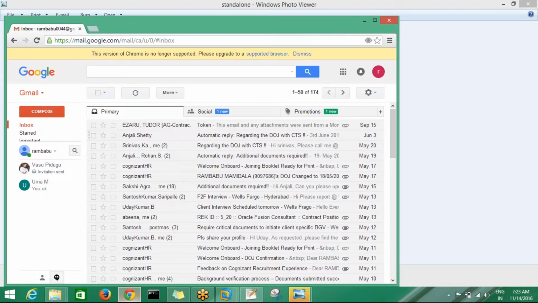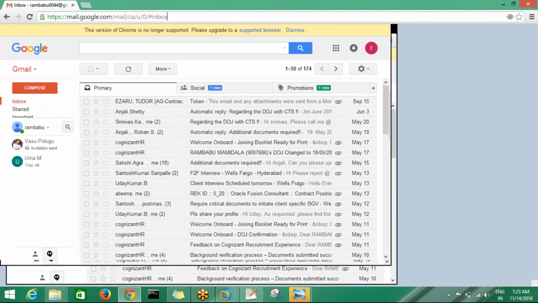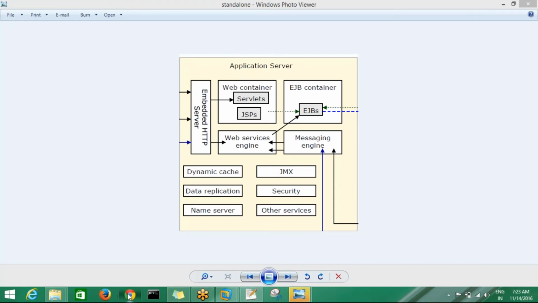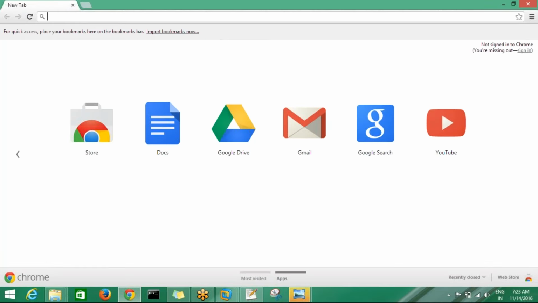Take this as my Gmail. I am accessing this Gmail every time. Suppose I close this window and open it again. When I close this window, my information is stored in the cache memory of the server.